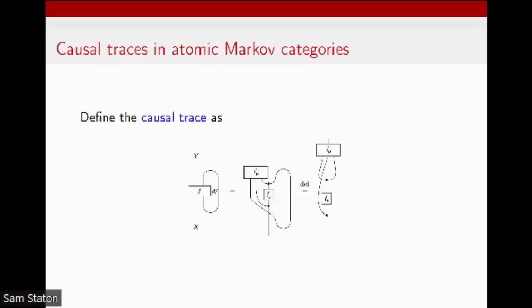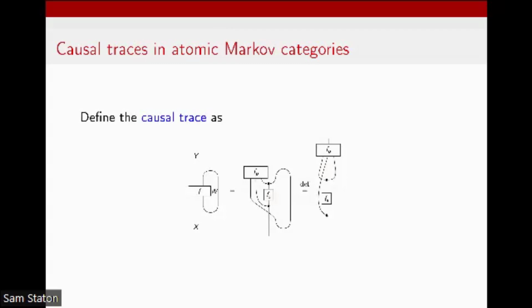So how do we do that? I want to define this trace operation for F, where I assume that F is non-signaling. So normally here would be an output, here would be an input, and I kind of want to form this feedback loop. So I take such a disintegration, which I know exists because F was non-signaling. And then you can graphically see how I pull this wire tight. I will arrive at this, and this will be the definition of the causal trace.